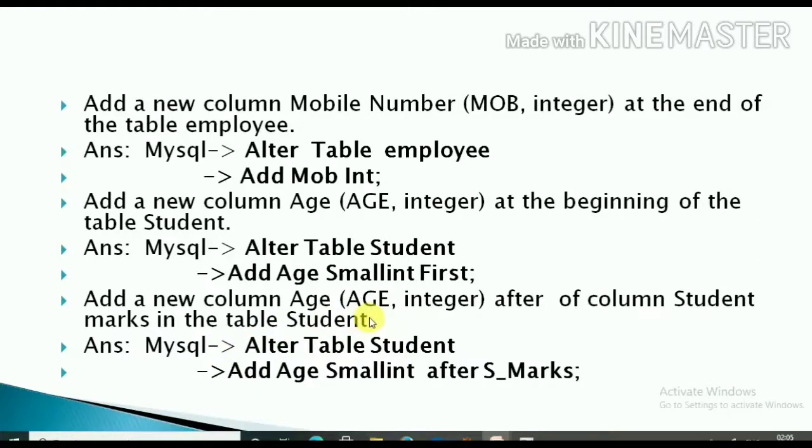So you have to add the column age after the column s_marks. The command will be ALTER TABLE student ADD, the name of the column age, SMALLINT is the data type, and then you have to use the keyword AFTER, then the name of the column s_marks. So the command is ALTER TABLE student ADD age SMALLINT AFTER s_marks;